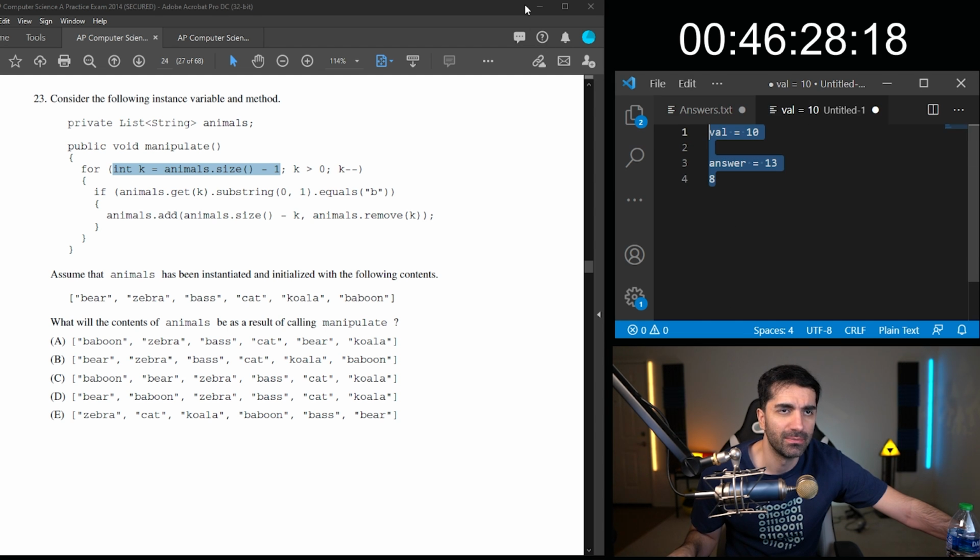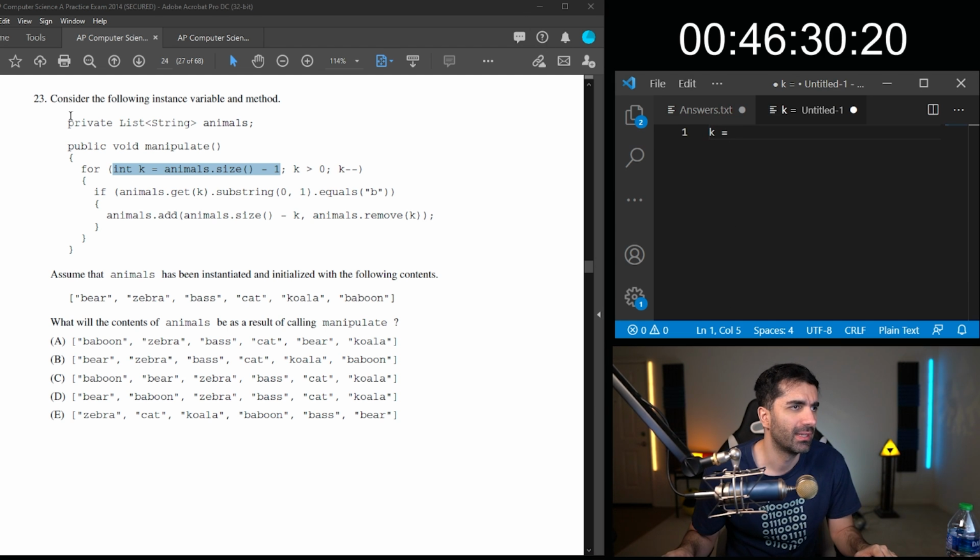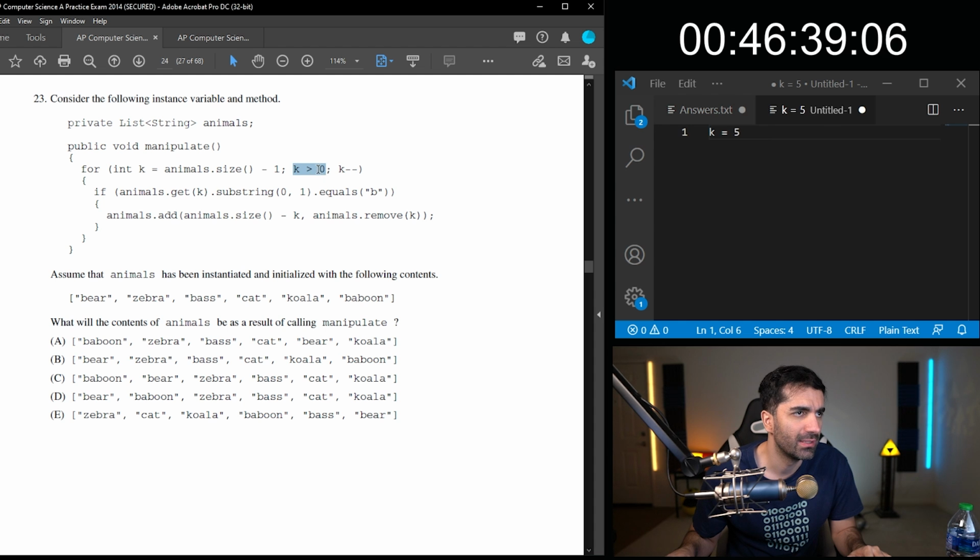Okay, let me write this down. So our k equals, so we have 1, 2, 3, 4, 5, 6. So our k is 5, while k is greater than 0, k minus minus. If animals.get(k).substring equals b, animals.get(k). So it's just checking the first letter.